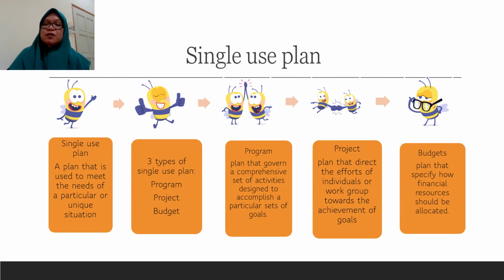Particular or unique situation means that this is the first time we face the problem or the situation. Because we never faced the situation before, we didn't know how to handle or cater to the problem. So that's why we have to come up with a new solution to solve the problem. That's why we call it a single use plan. Single use means that we can only use it one time only. We cannot repeat the decision or the action for another situation, because the situation is always unique.